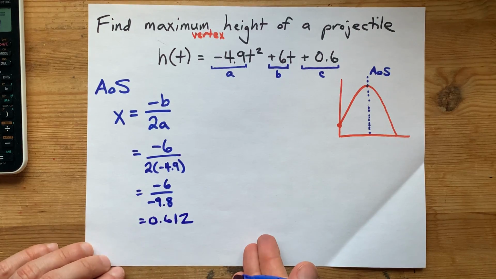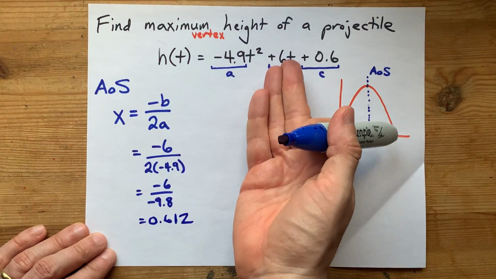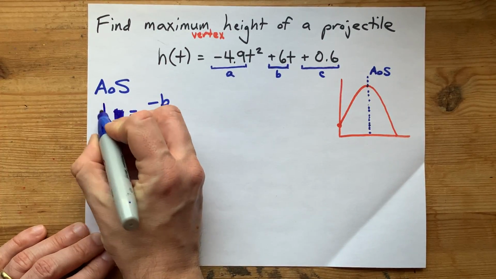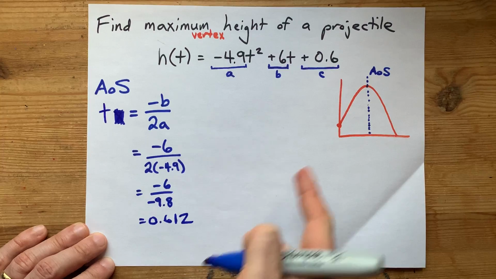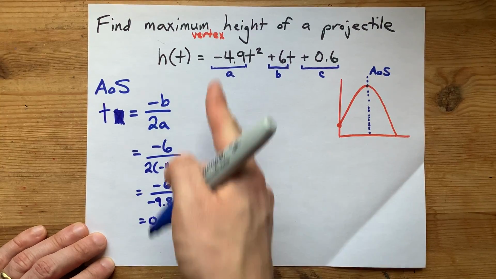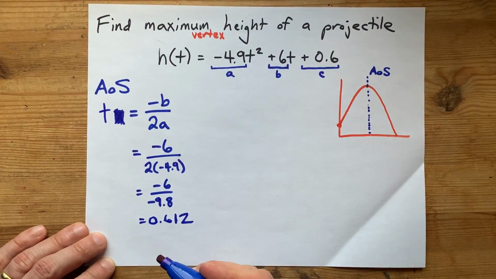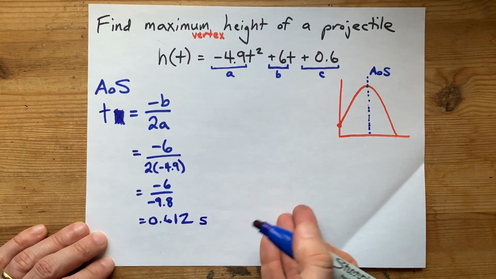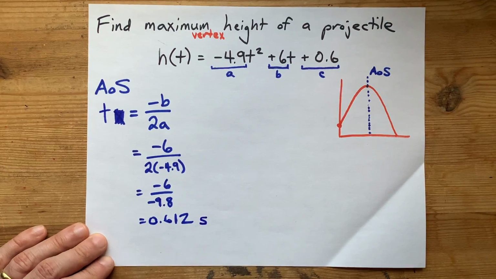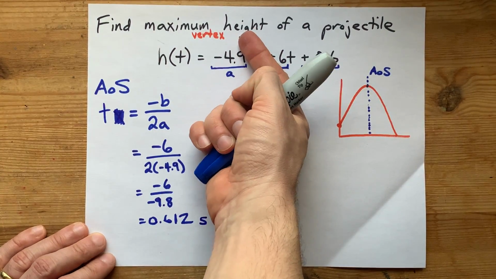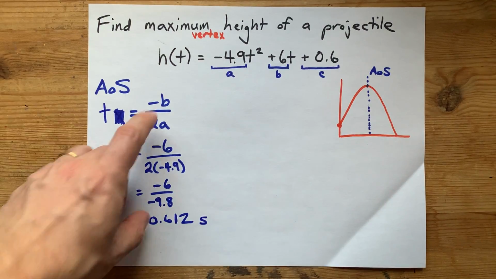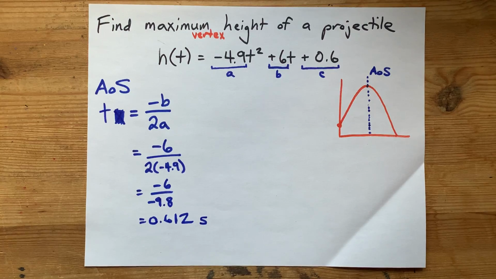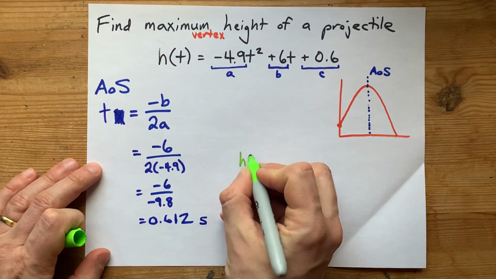Now, what does that mean? That's actually the time, t. Oh, I guess I shouldn't have called that x. Ideally, I should have called it t instead. That's the time at which the projectile reaches its maximum height, approximately 0.6 seconds into the trajectory. But does that tell us what the height is? Not directly, but we have function notation for the height here. So what we actually have to do is find the height at